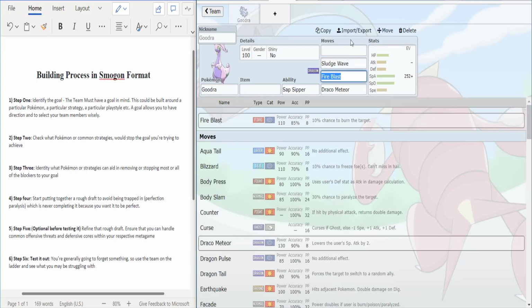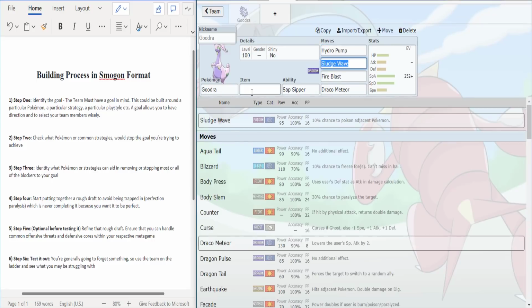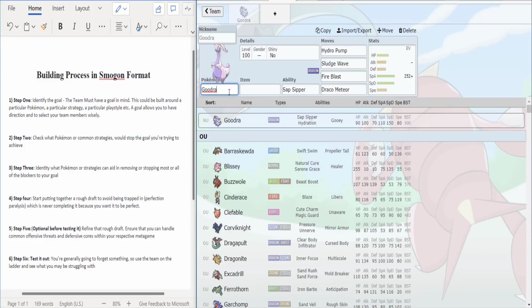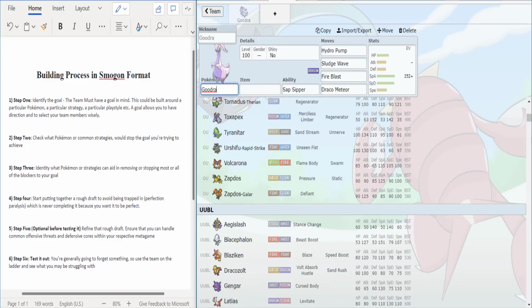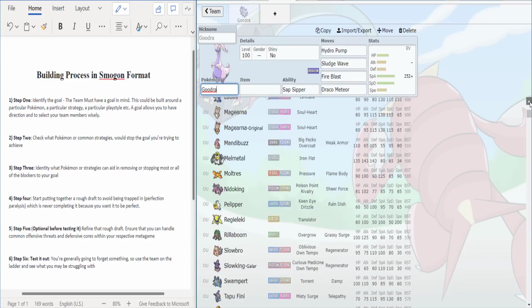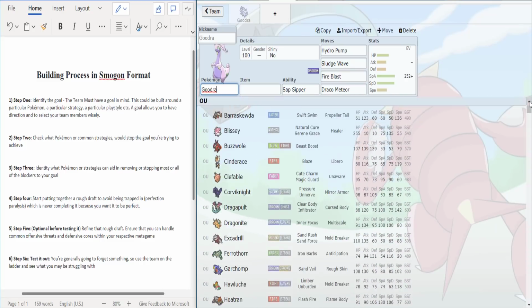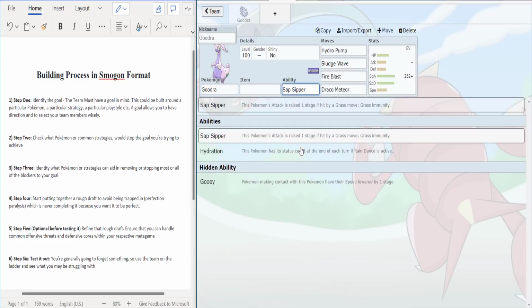I'm going to throw on Sludge Wave, and this is going to be my just fun Goodra set. Now, this might not be the best set, but it'll depend on what my teammates are. For example, Goodra is very effective in taking out Volcarona, so a lot of people sometimes run Rock Slide on their Goodra to counter Volcarona, because it's so bulky with Assault Vest that no matter what you do, it's going to take you out. The other abilities are Hydration,